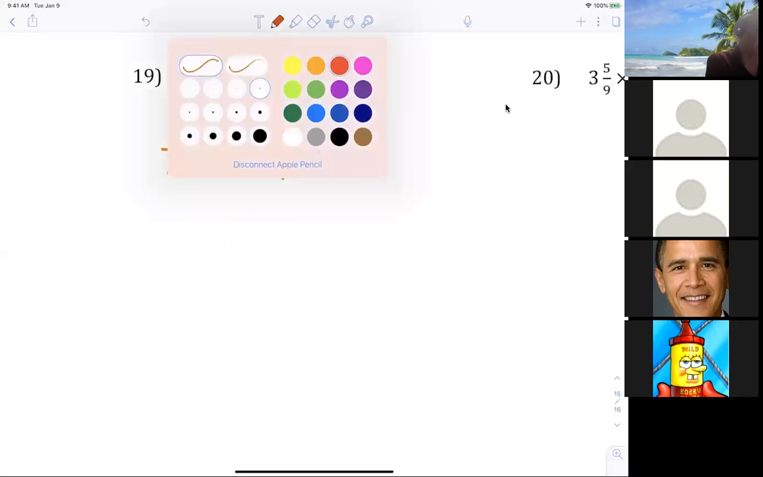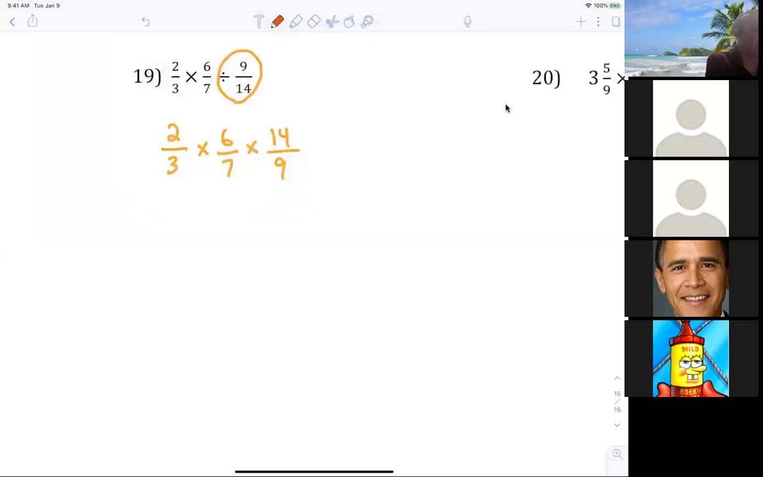Now, you can cancel as long as one's on the top and one is on the bottom. So 7 goes into 7 once, 7 goes into 14 twice. 3 goes into 3 once. 3 goes into 6 twice. Can anything else cross out? No. So now again, we're going 2,